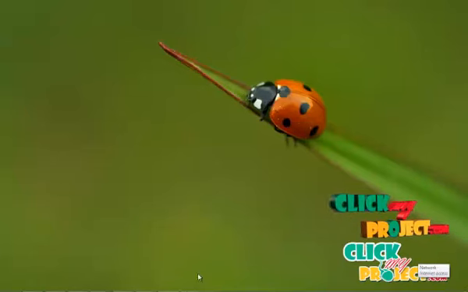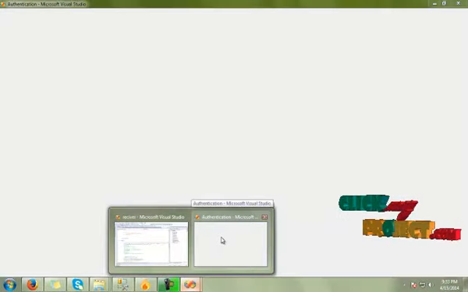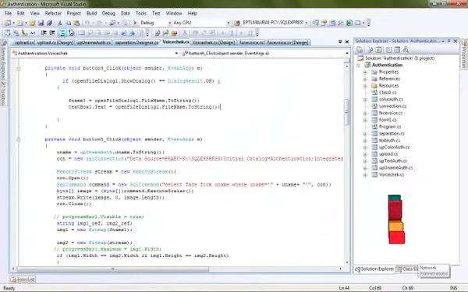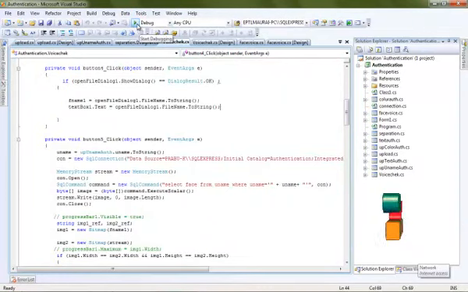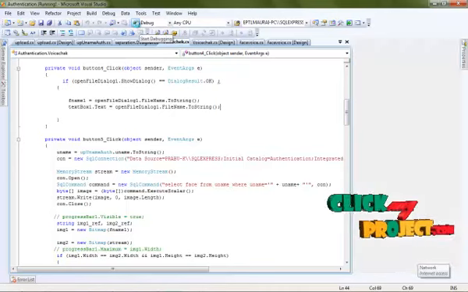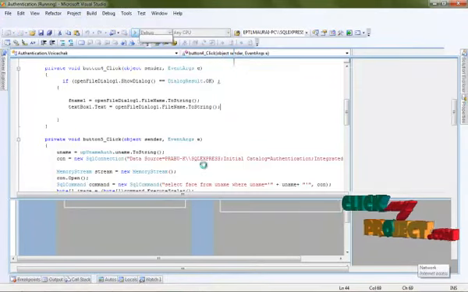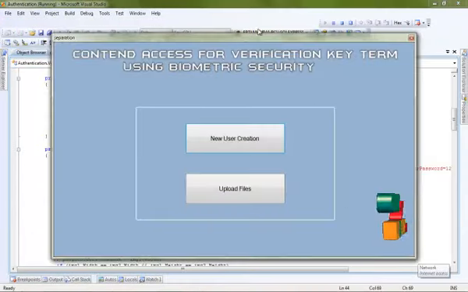Now let us execute my project. Our project has two applications. The first one is the authentication application, and the second one is the receiver application. First, the authentication application. You start the process with the start debugging button, or press F5 and the project runs automatically. The project has been executed. This is our main page.